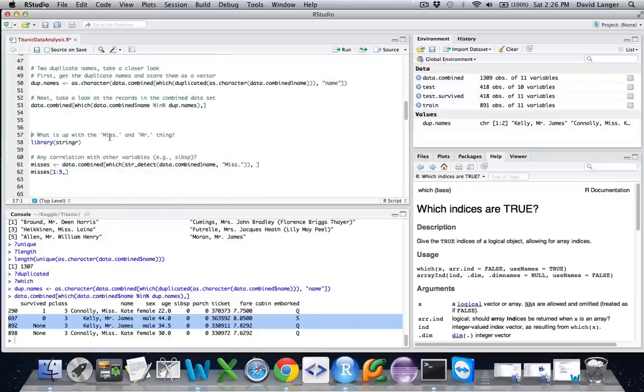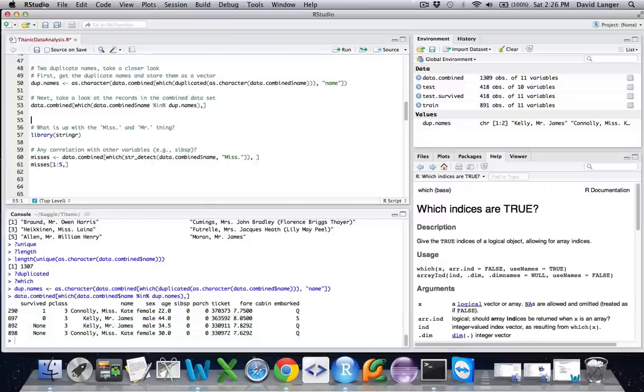So at least from a name perspective, we could say, okay, great. Doesn't look like we have any duplicates. All the names are unique. Everything checks out, and that's good. And that's something that's extremely important when you're doing data analysis, especially in the context of trying to build a predictive model, is you need to go through the data with a fine-tooth comb to try and find any anomalies that you can. So this is an example here of where we may have had an anomaly, but in fact we don't. We validated that these are different people, so the records don't need to be modified in any way or removed.